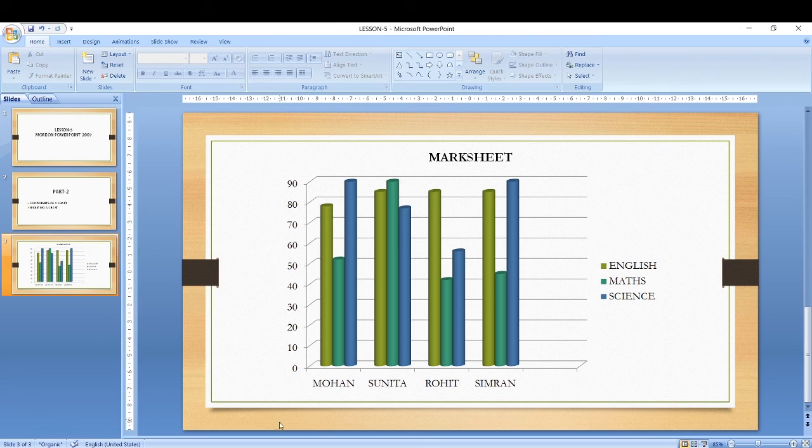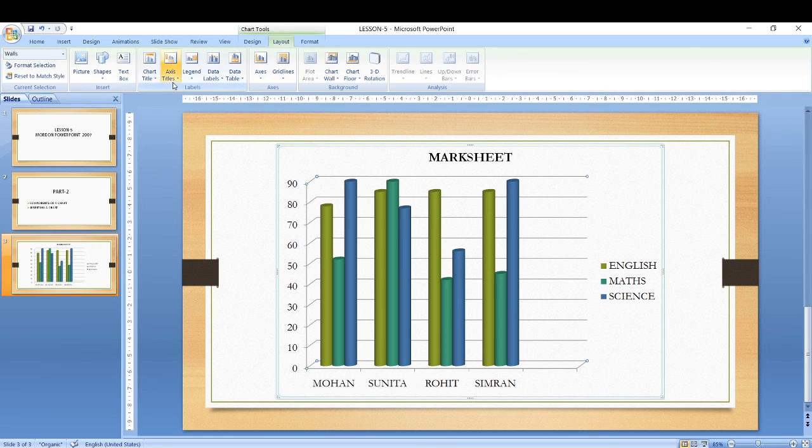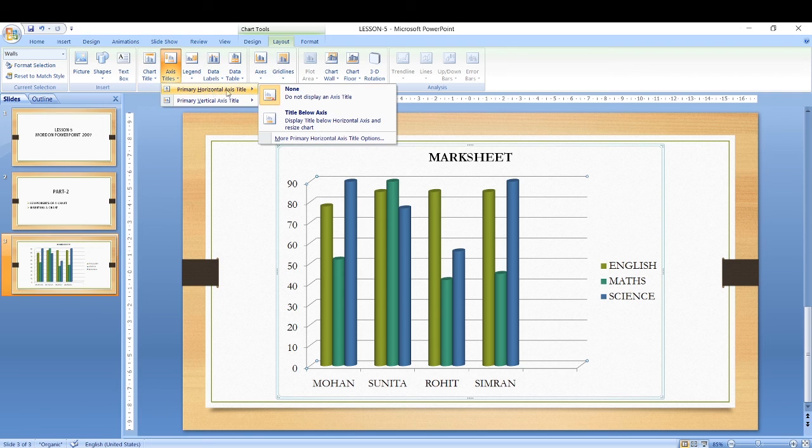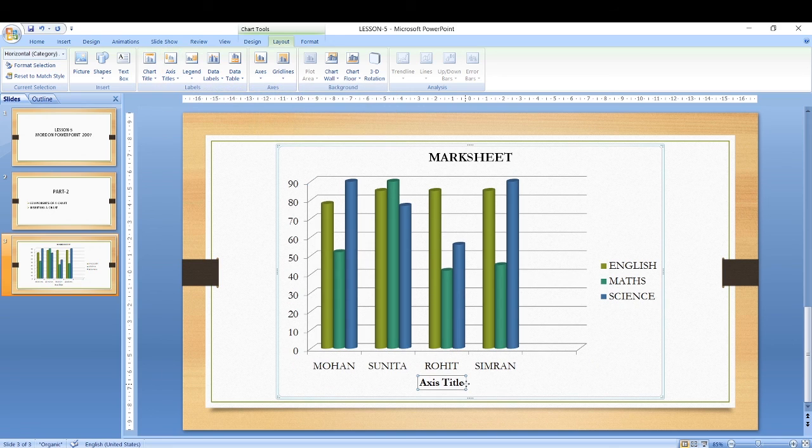Now you need to rename the x-axis as well as the y-axis. So let me go to the axis title here and click on the primary horizontal axis, that is the x-axis. Just click it. Below the x-axis you can see the axis title here, so you need to rename it. So exactly what is the x-axis? The x-axis is the names of the students: Mohan, Sunita, Rohit and Simran. So let me write